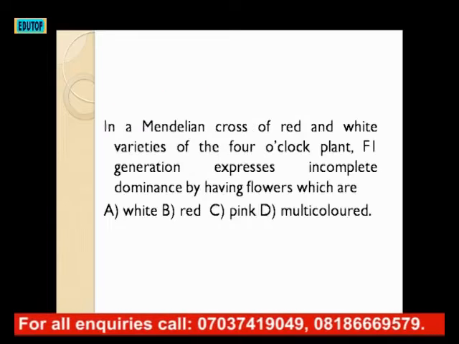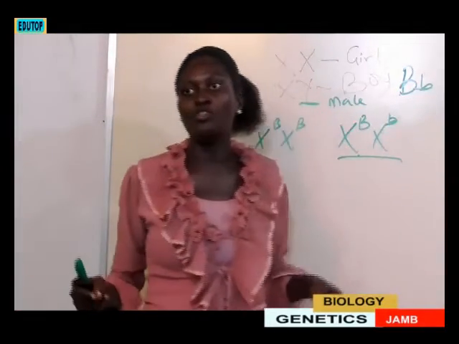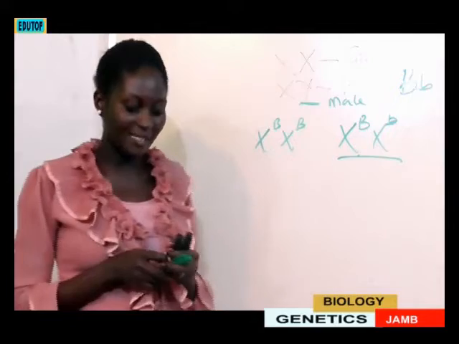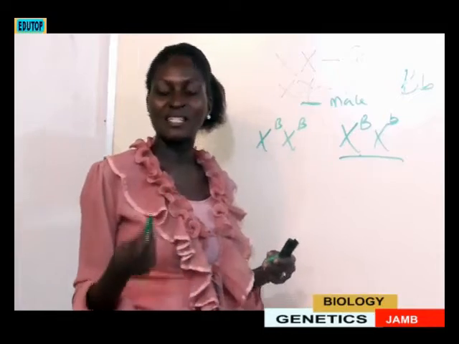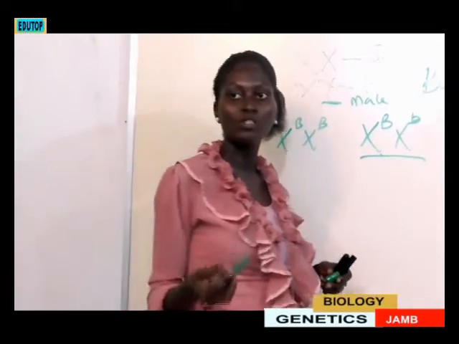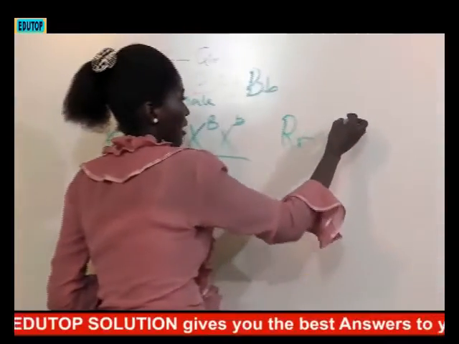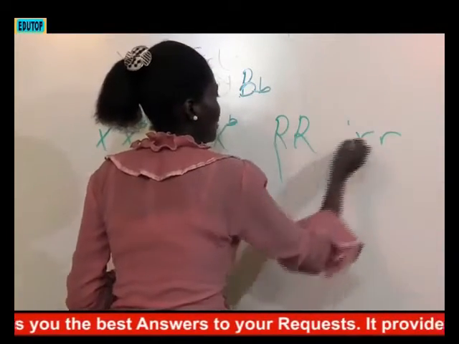The next question. In a Mendelian cross of red and white varieties of 4 o'clock plants, the F1 generation expresses incomplete dominance by having flowers which are, this one should be registered in your head if you really know your Mendelian law. The cross of red and white varieties of the 4 o'clock plants, and the F1 generation expresses incomplete dominance. So what color of flowers will that have? Red plants and white plants. So when you cross it,